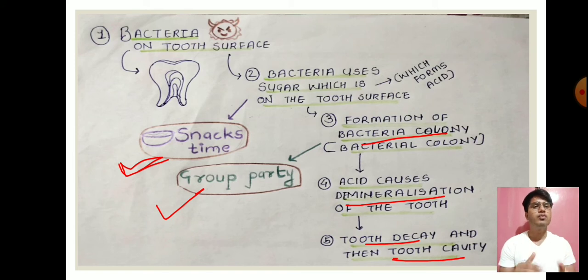Now here also one thing you should know, that saliva plays a major role here. If there is no saliva, then this process becomes very easy, because saliva has so much protective function here. Saliva doesn't just help in digestion, it also has a protective function. Saliva contains enzymes, antibodies, and saliva also has a flushing action on the tooth.